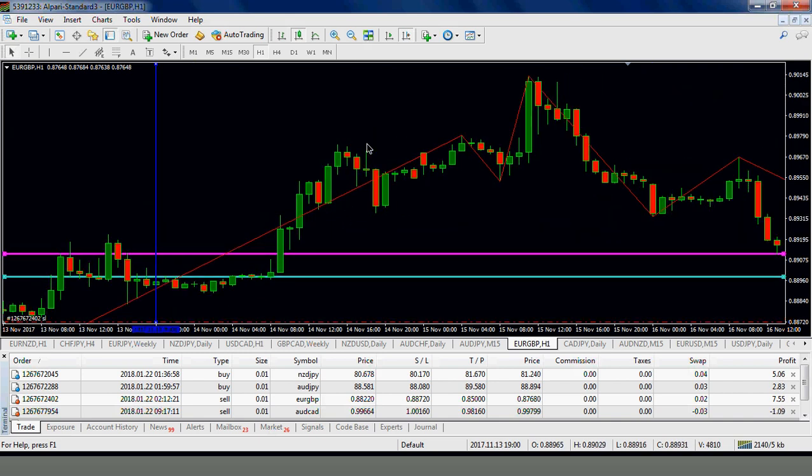Okay. So this is our 1 hour. We have to get the pivot point of this 1 hour, right? So to get the pivot, 0.8911 plus 0.8882 plus 0.8895. So